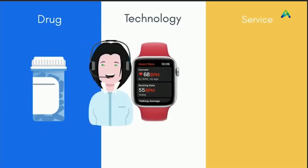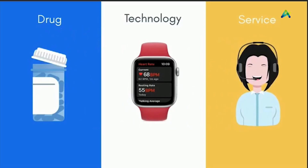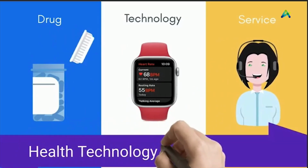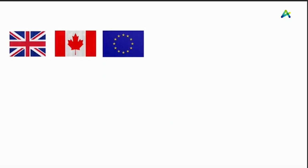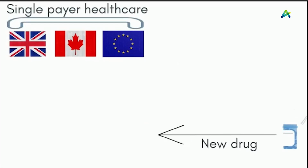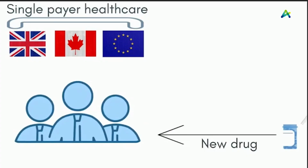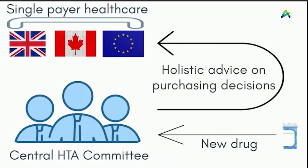So before paying for a new drug, technology, or service, present-day decision makers require a total health technology assessment, or HTA, for the product or service. In countries with single-payer healthcare systems like the UK, Canada, and most of the EU, a new drug is evaluated by a central HTA committee, which passes on recommendations about the true socio-economic costs of the drug to the central